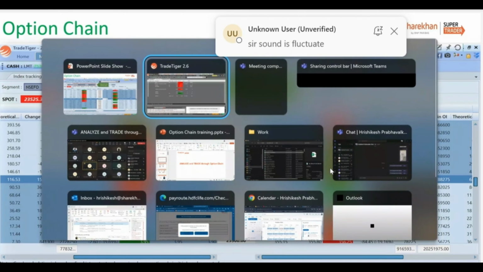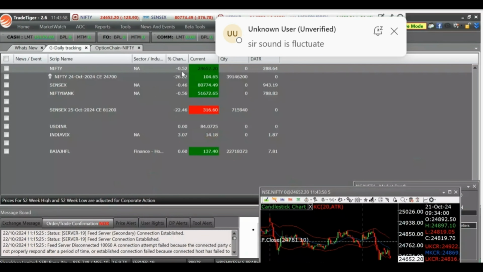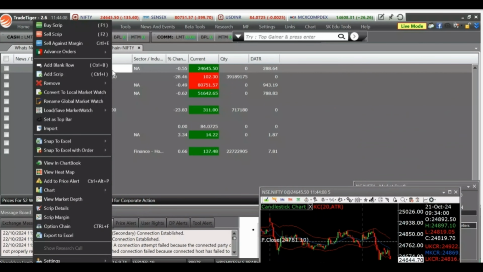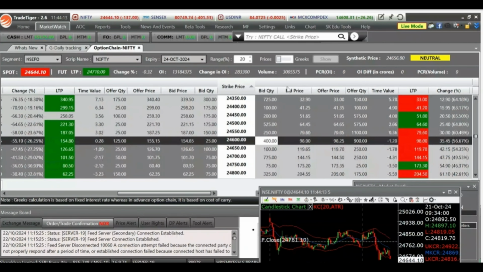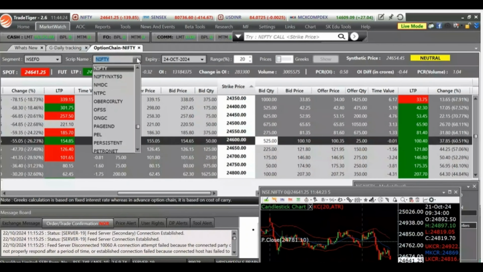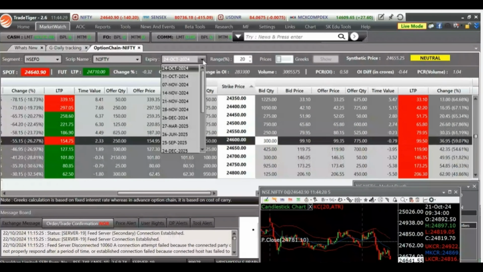Now let's not do it on the screenshots. Let us do it directly on Trade Tiger. So this is my Trade Tiger, the latest version I'm using. I will right click on Nifty and go to option chain, and my option chain for Nifty will open. Here I can select the segment, which can be BSE or NSE; we will focus on Nifty on NSE. Then we can select the script, and we can do it for all these stocks. For expiry, currently we have weekly expiry, and Nifty weekly expiry is going to continue,